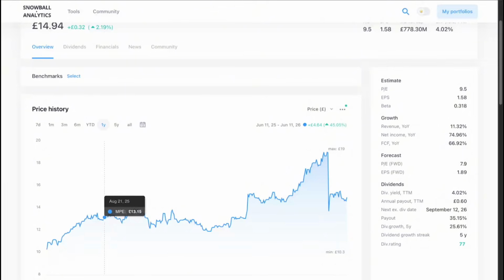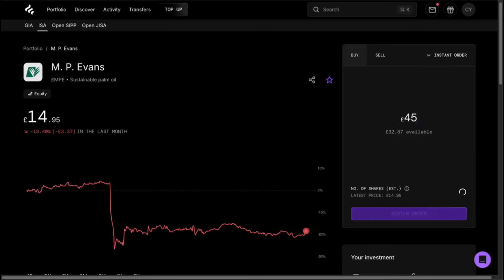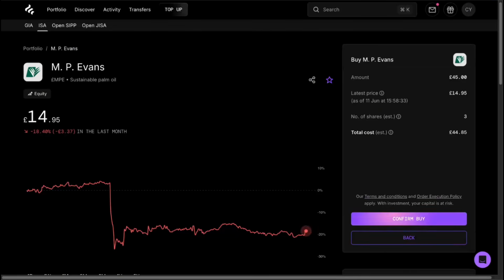If we do zoom out and look at over the last year, we can see they're still up over 45%, but this is a hefty pullback, and I think it's a fantastic opportunity to add more to my position at a better valuation. I'm going to be adding 3 shares to my position for an amount of